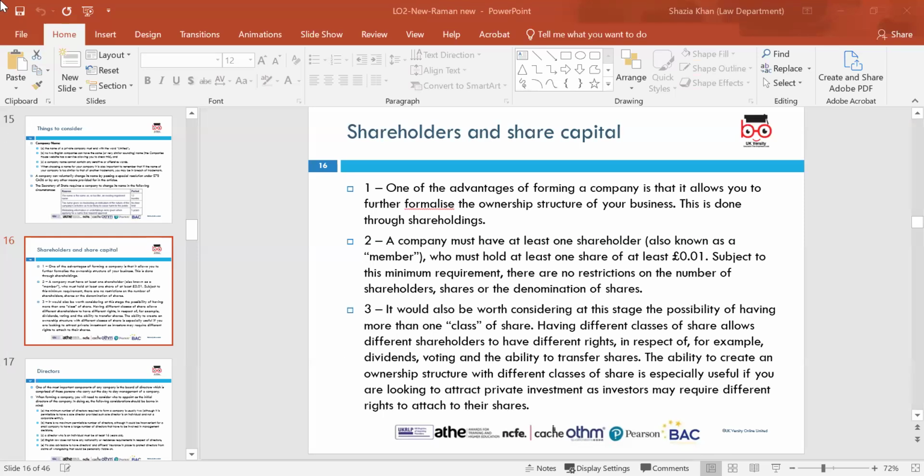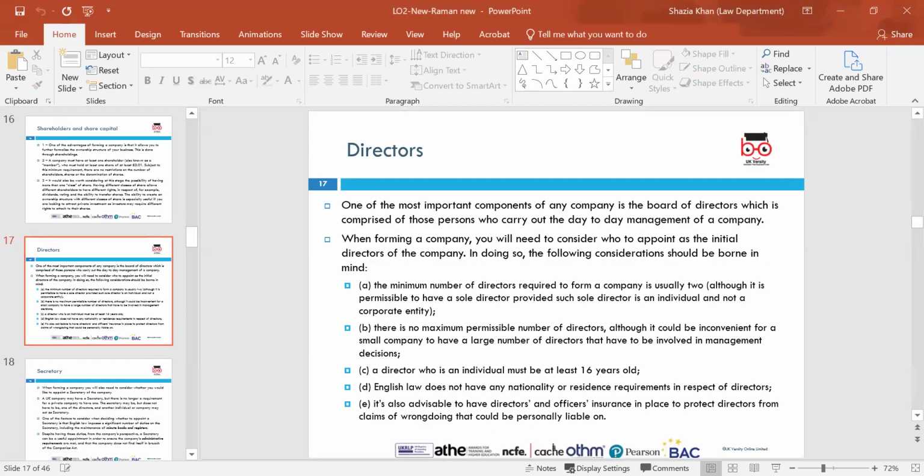So we're going to go on to looking at directors now. Directors in a company are an important part. I think all the elements of people working with this within a company are important. But when you're looking at directors, they have different duties to others. So the duties of company directors include setting the company's strategic direction, so making major decisions at